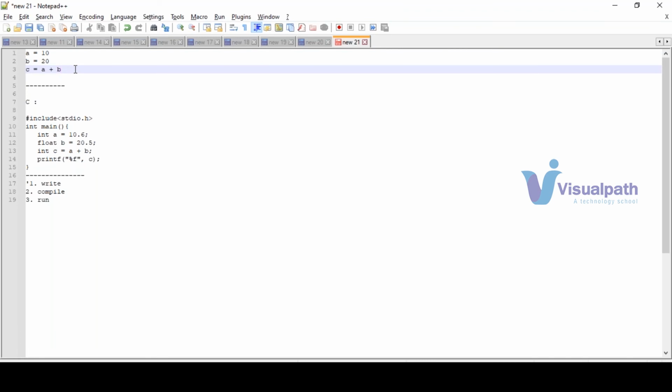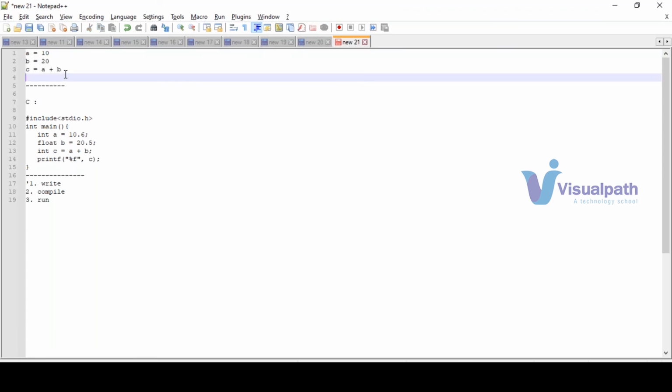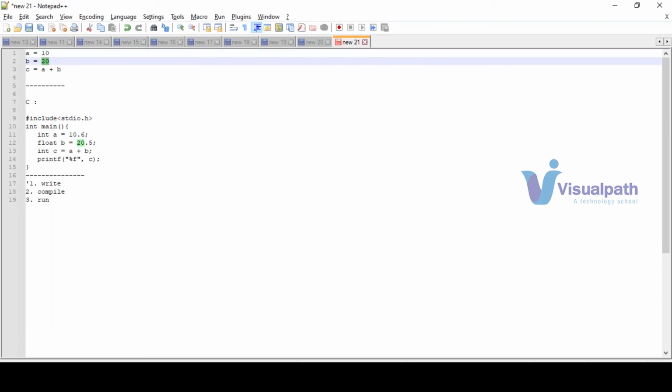Why do we say it is programmer friendly? Because for a programmer it is easy to write, with no need to learn so much syntax. Why is it not machine friendly? Because the machine has to do so many things. First, it has to evaluate what kind of variable it is. So first it will evaluate this as an integer, then it will store it into memory. Here also it will again evaluate the type of variable, then store it, right? So high level programming languages are programmer friendly but not machine friendly.